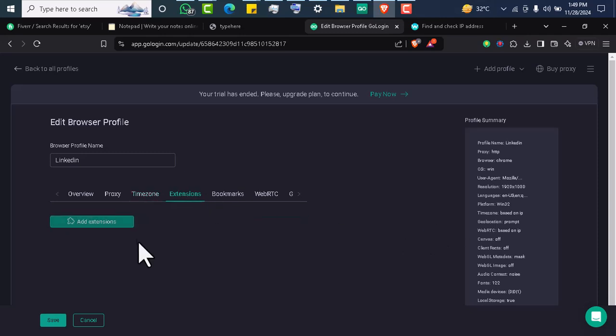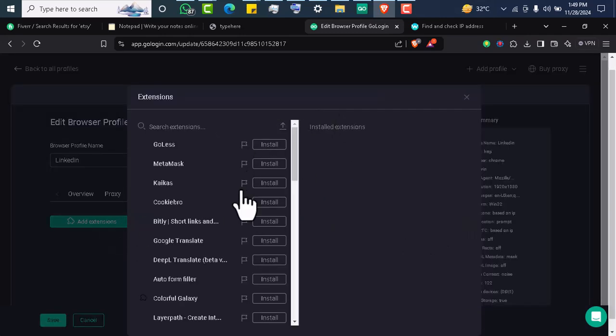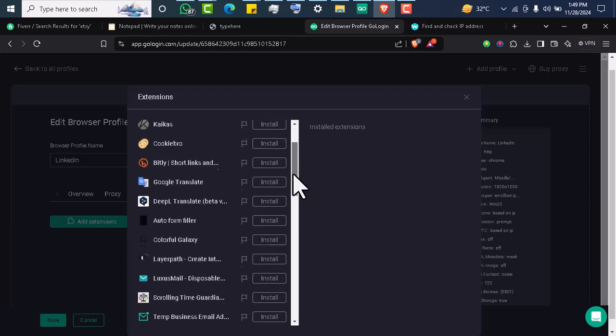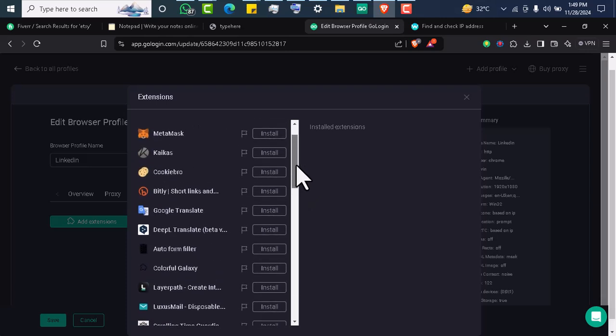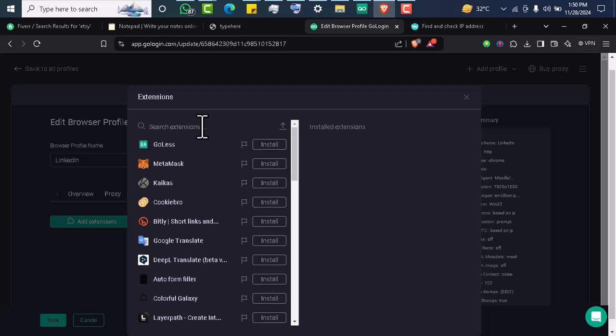Then we have the extension. You can add your extensions from here. Maybe you have extensions that you really want to work with. For example, if you are working with Fiverr, you can download maybe an auto refresh extension. Now in this video there will be some extensions I'll be working with, and the one I'll be working with here is